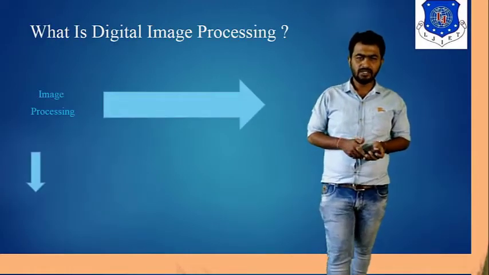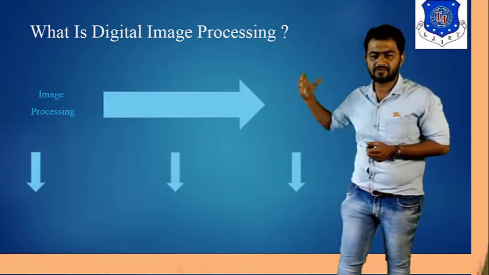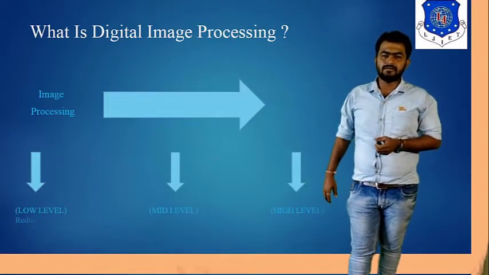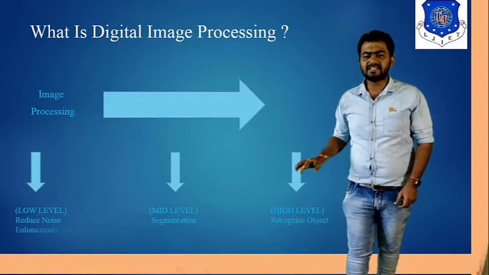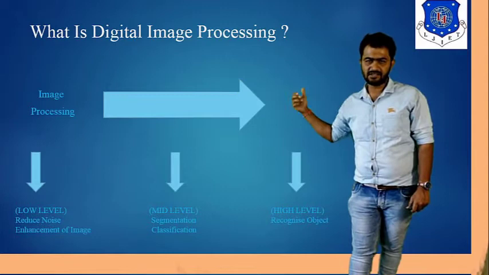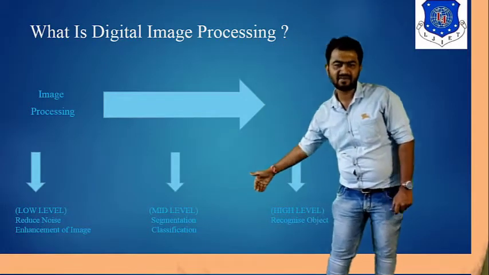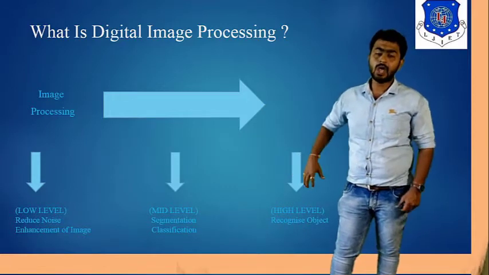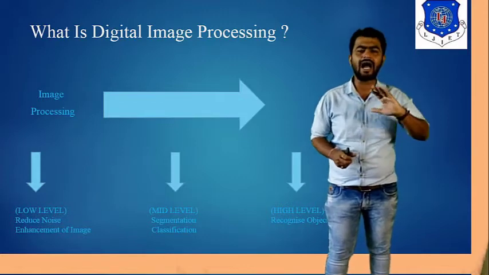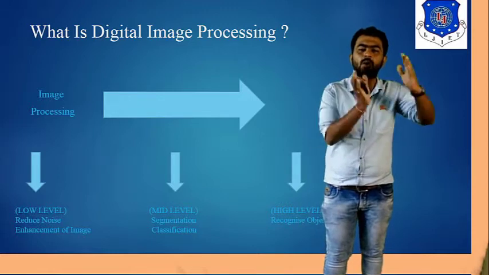Now, the first question arises in our mind. Here we discuss digital image processing. What is digital image processing? Basically, digital image processing is divided into three categories, as you can see. Image processing to the vision. We have three parts: low level, medium level, and high level image processing. When we discuss the low level, then ultimately we discuss different types of filters only, how we can remove different types of noises from the images, right? It's called low level.